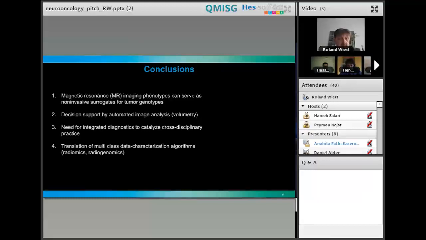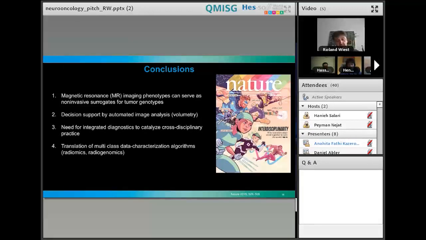But there is still a need for this integrated diagnostics, and we need, you as engineers, we as specialists from medicine, from different domains, we need to work closer together as cross-disciplinary units. And of course, we need to integrate, and this is the major challenge at the end, we need to translate these data characterizations into more than one domain. It means we need to go from simple classification and radiomics into radiogenomics,